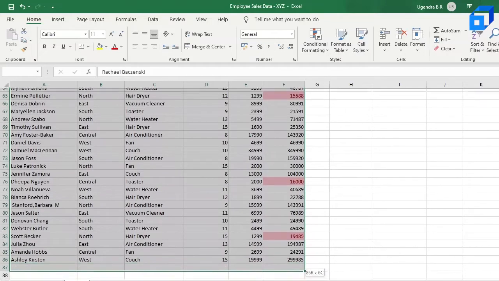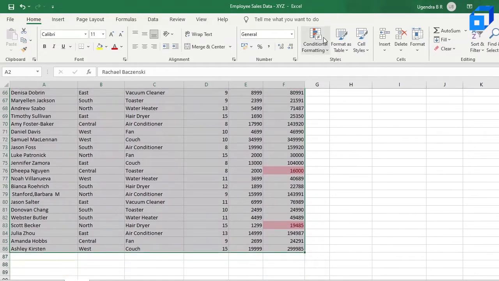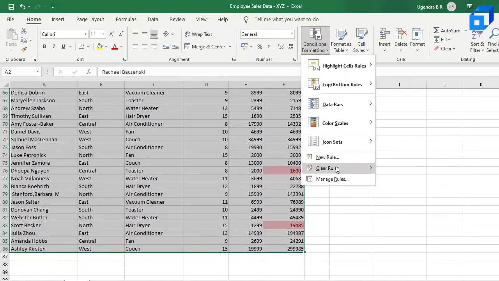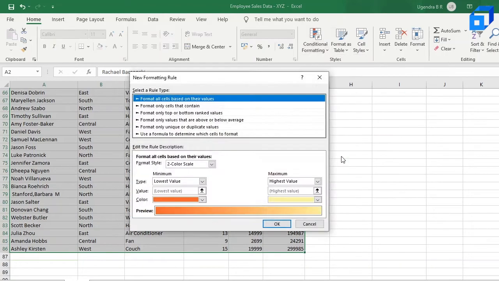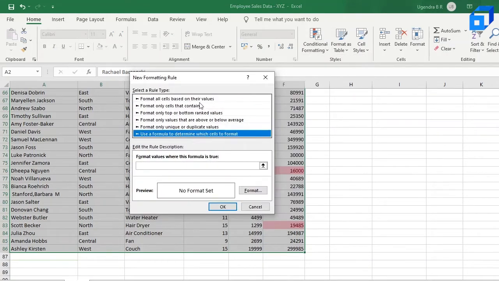Select over here and then go to conditional formatting. Go to new rule, and over here we can use a formula instead of selecting the already given rules. Always remember that a formula in Excel always starts with an equal to sign. Otherwise it does not read that it's a formula.